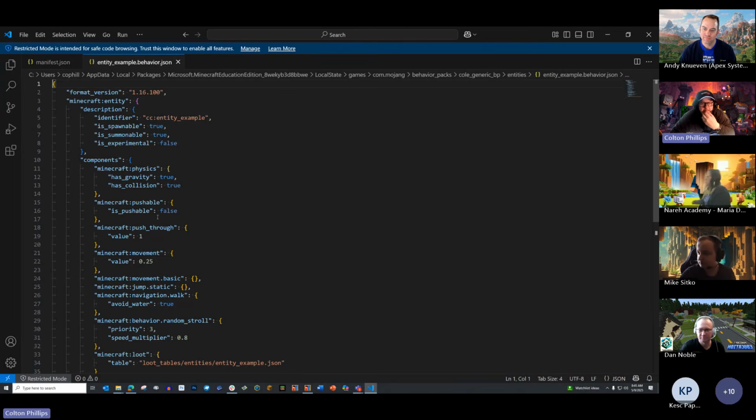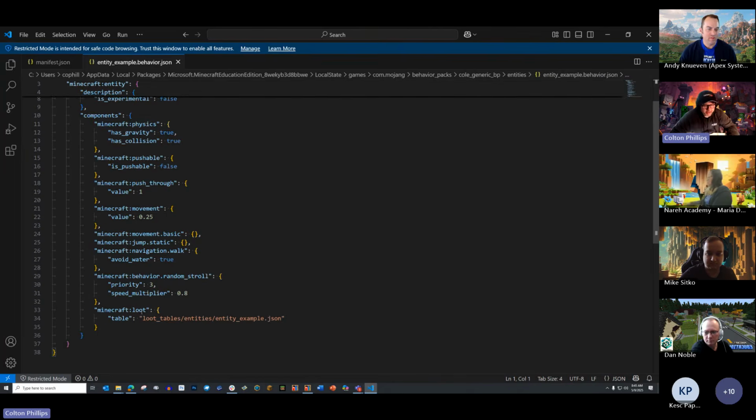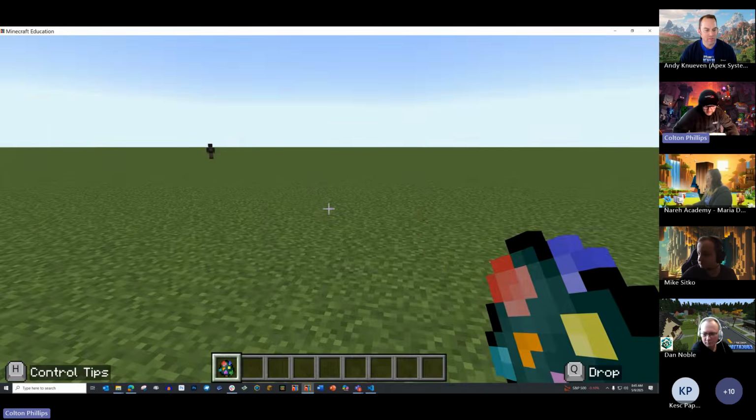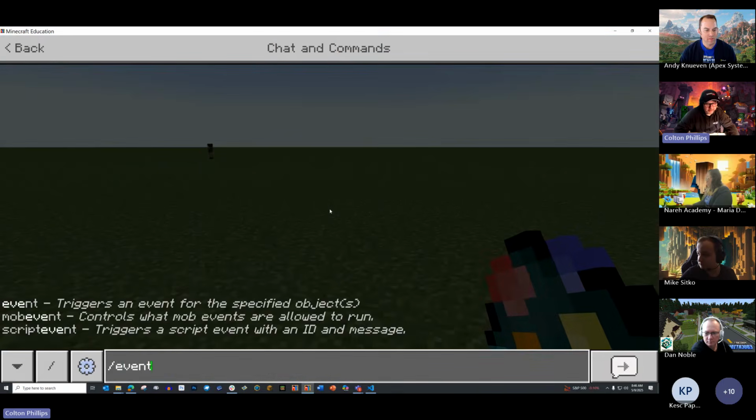Someone had explained it to me pretty well: when you make a component group with a bunch of components in it, components only run at runtime when the entity is created, and component groups can be run through events. So events are another thing that you can add in here. I don't have any events, but you could have an event, and there's a ton of events in Minecraft. If you ever just type event here,